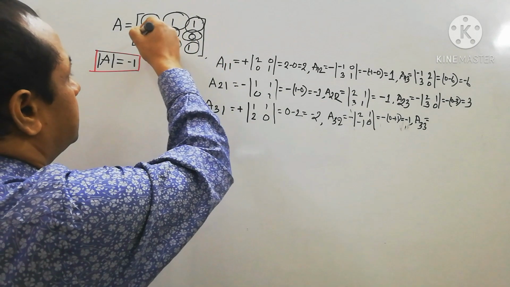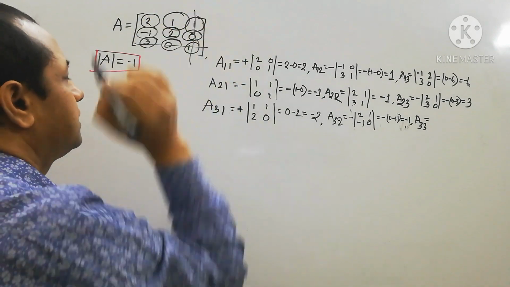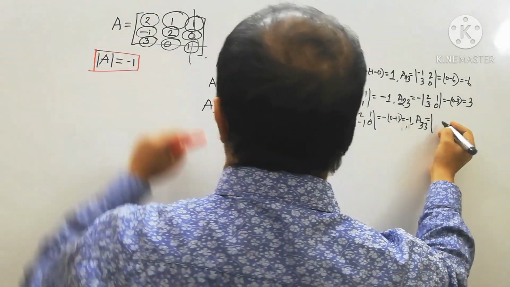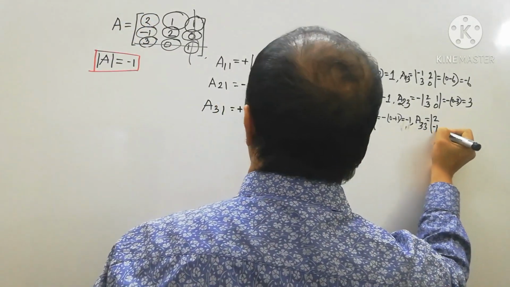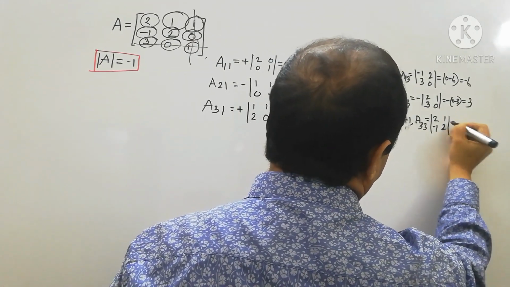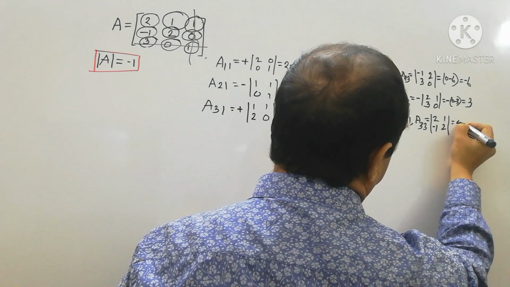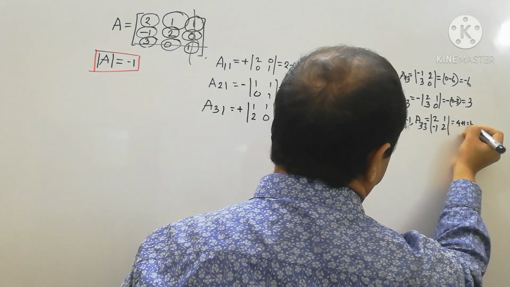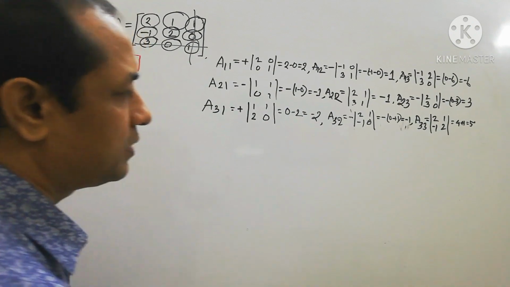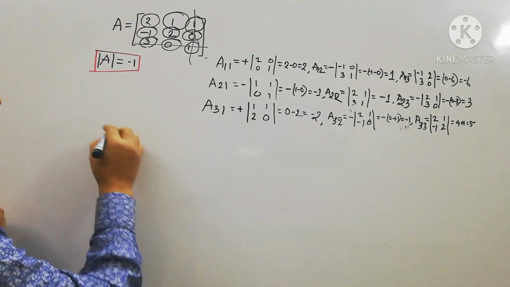So third row and third column are cancelled. The rest of the entries are 2, minus 1 and 1, 2. So students, 4 plus 1 is 5. This is the cofactor, and we know that